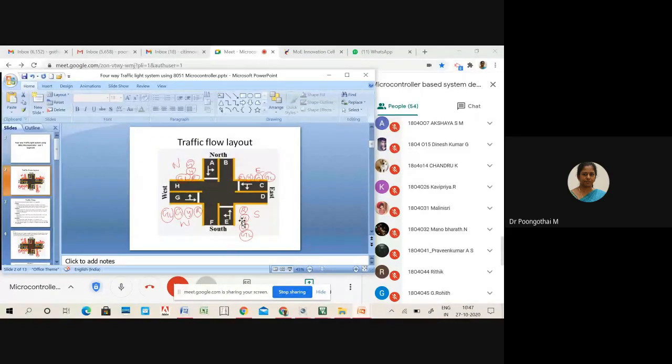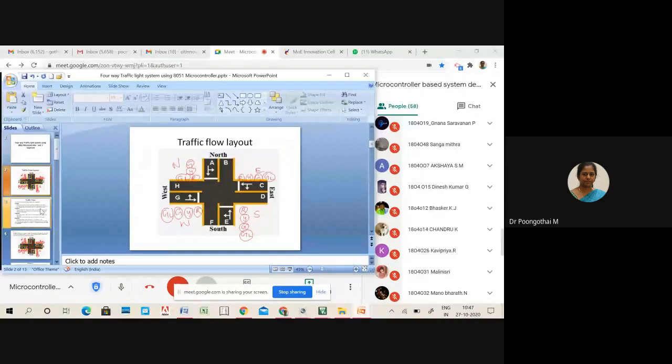So here the traffic flow can be classified into 4 phases based on this diagram, and each signal consists of 4 LEDs: red, yellow, green and green left. So here we need to consider only 2 directions, straight and left. Okay. So here the green signal is classified into 2 types, G and G left. G is for permitting vehicles to proceed forward, and GL is for permitting vehicles to go left. Okay. So here I have considered the north as the starting point of this traffic flow.